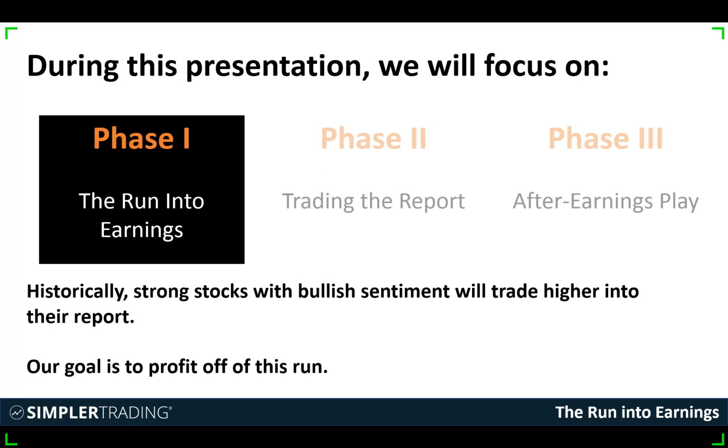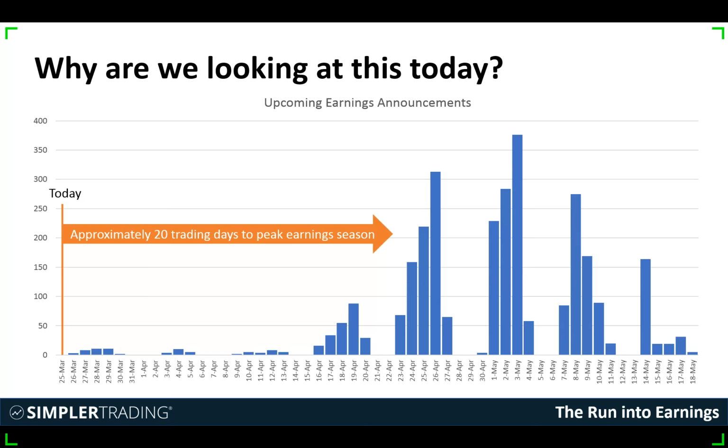So which stocks do we like to focus on? Typically like to focus on strong stocks with a bullish sentiment. Why? Because those are the stocks that people are buying ahead of those earnings reports. So it's all about that sentiment going into that report. Why are we looking at it today? So this